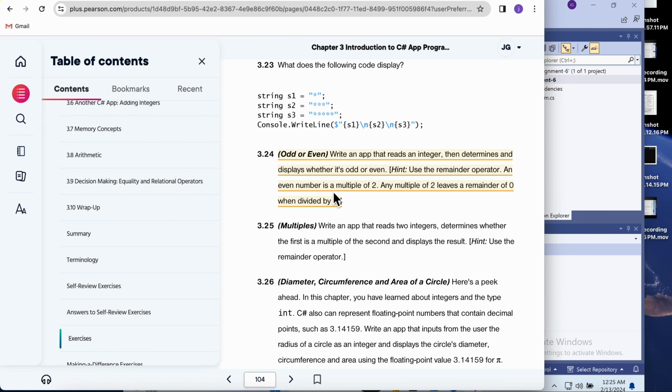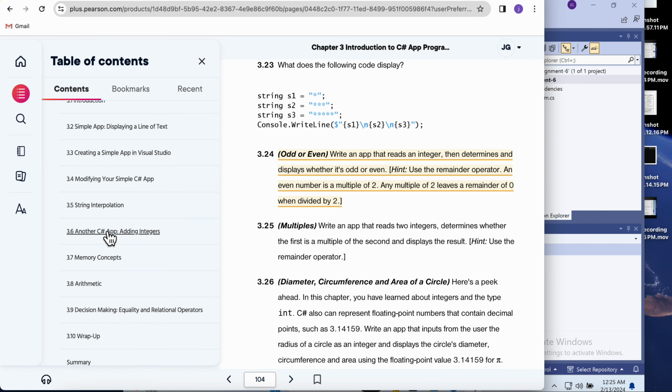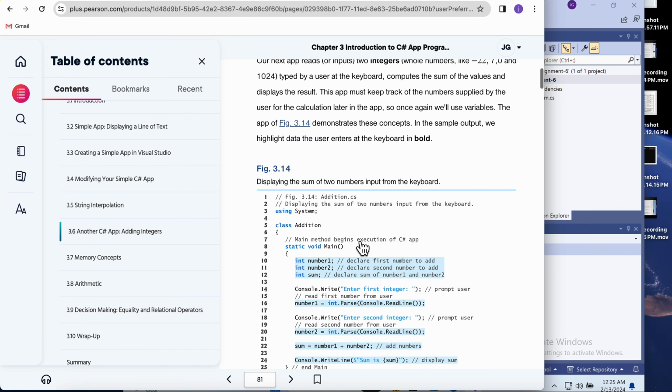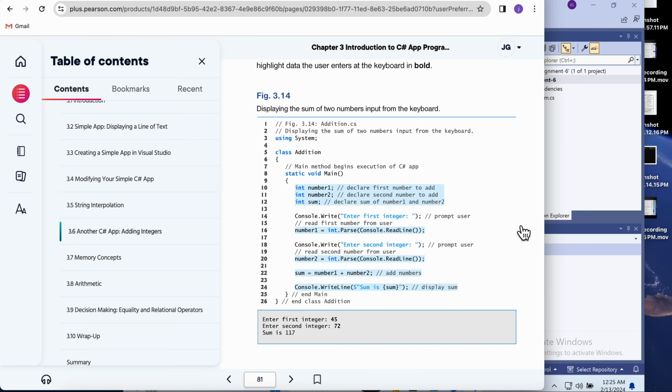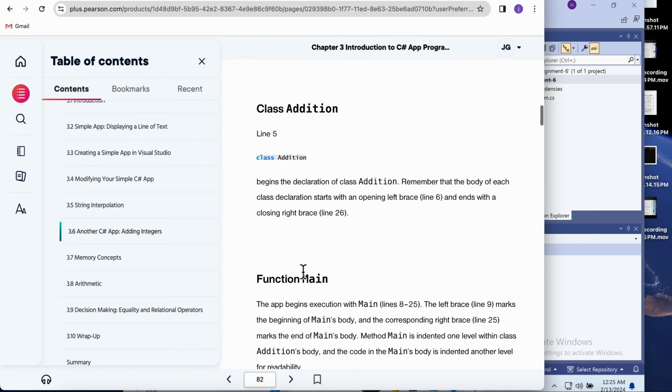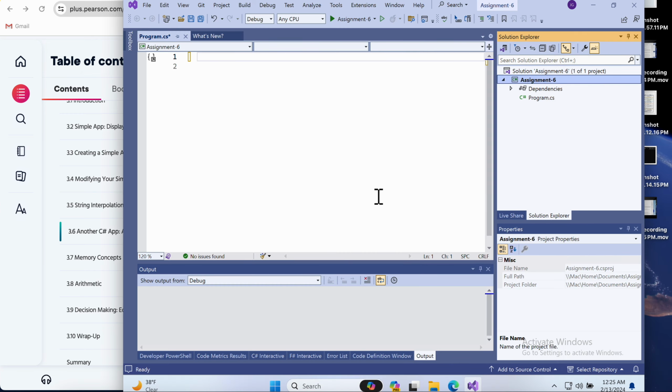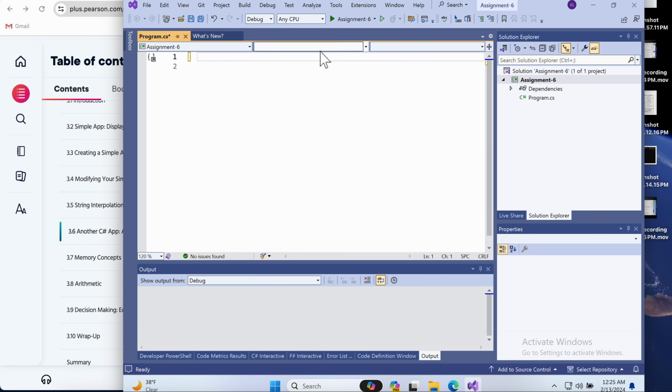All right. It says write an app that reads an integer. Let's go over here to where it says section 3.6, another C# app, adding integers. We're going to take a look at this image, and we're going to basically copy what it's doing here. So first we're going to create a using directive, which will be using system, and then we're going to give it a class, and we'll go over a little bit more how to give it a class name. Okay, so first we'll do our using directive,